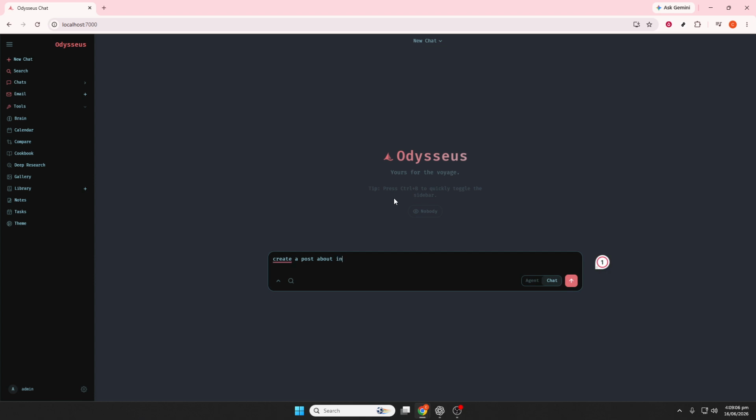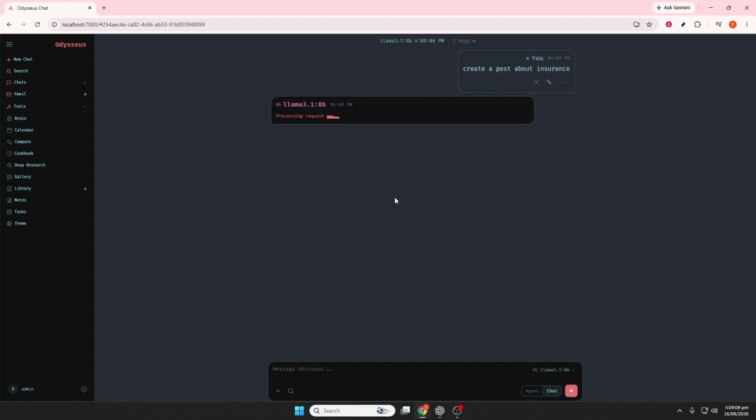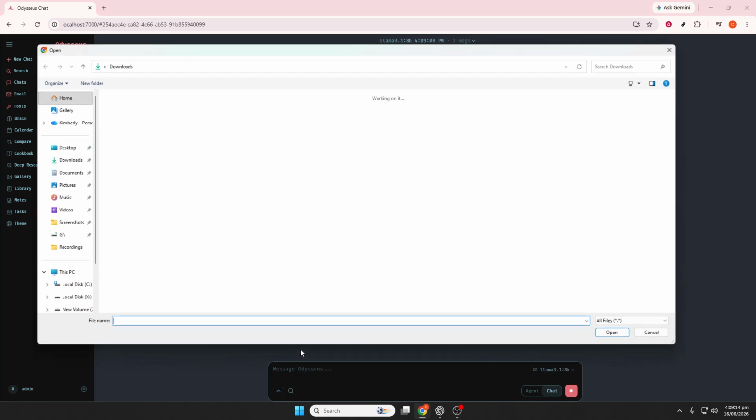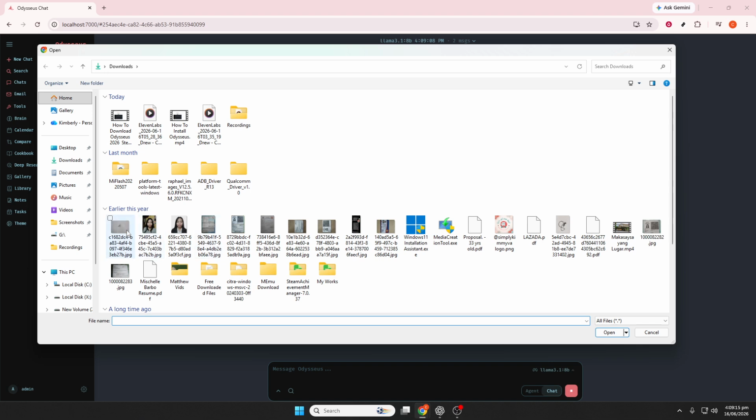Another powerful feature is deep research. Here, you can provide sources such as URLs, PDFs, notes, and documents, then ask Odysseus to compare competitors, research a market, or create a business report using those materials. Odysseus can organize the information into structured outputs and include source references, which makes the results more useful for analysis